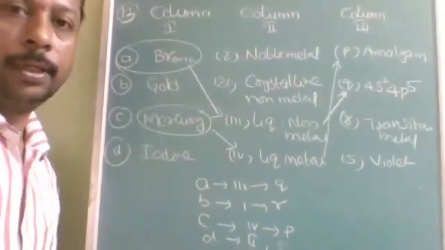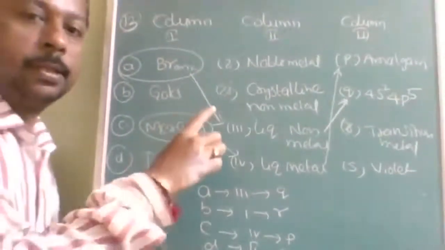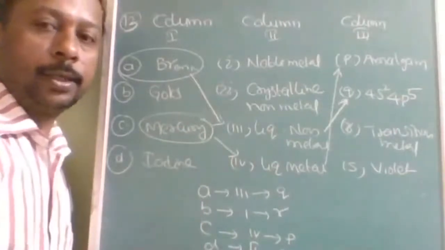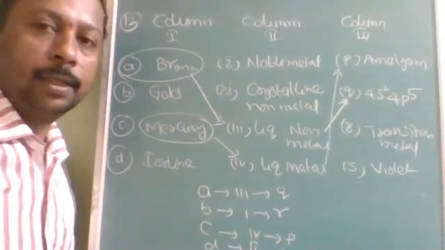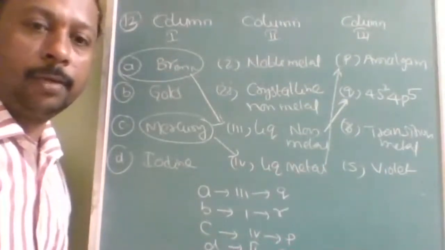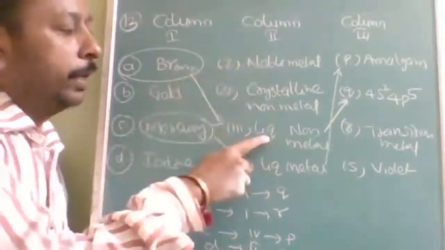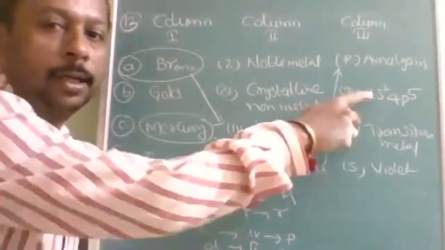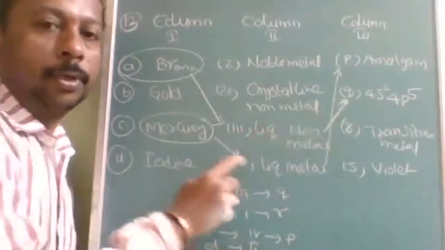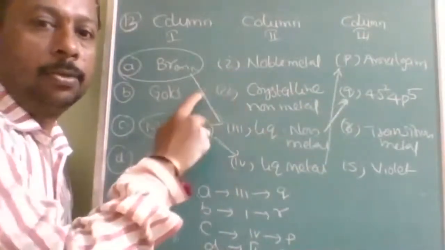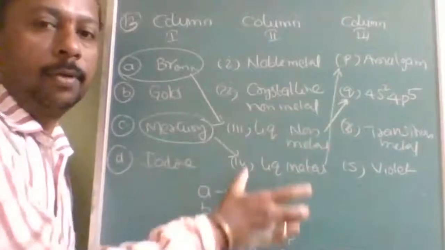Why option D? Is it understood? So here in this question, column 1, 2 and 3, you have to match. A 3-column match, and options are given like this. That 3-column match is introduced into mains only. So the depth of the questions has improved a lot. Accordingly, your preparation also must go on. Like bromine. Out of this, I find liquid non-metal and its configuration is 4s2 4p5. So A, 3 and Q. Like gold is a noble metal, so B, 1, and it is a transition metal, R. So likewise, you have to match them.